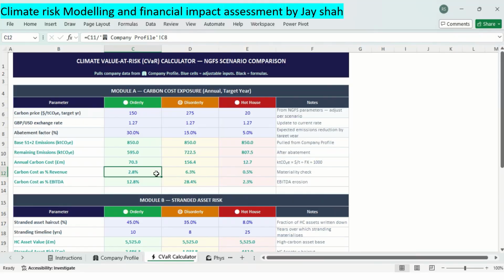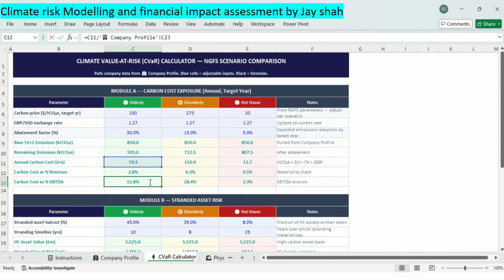I will also share the details of this whole thing that I explain in a guidance document as well, so that you can also read it whenever you want, through this video. And then cell 13, which is carbon cost as a percentage of EBITDA, which is also very important to understand. And finally, it calculates the carbon cost as a percentage of EBITDA, which is